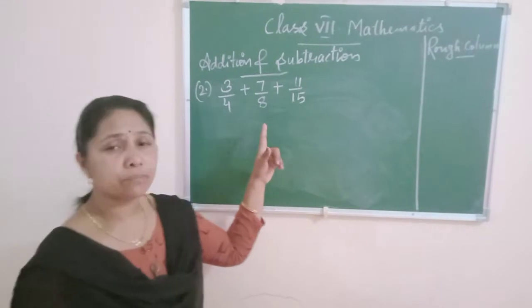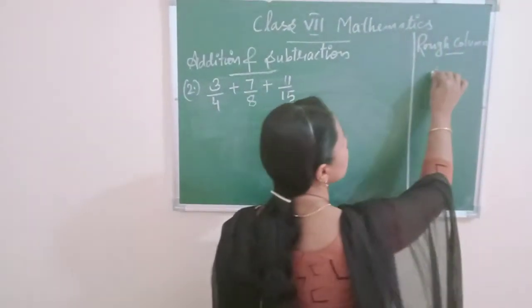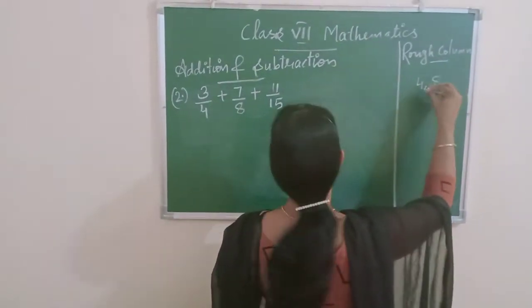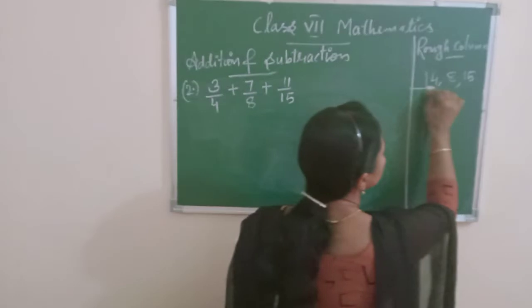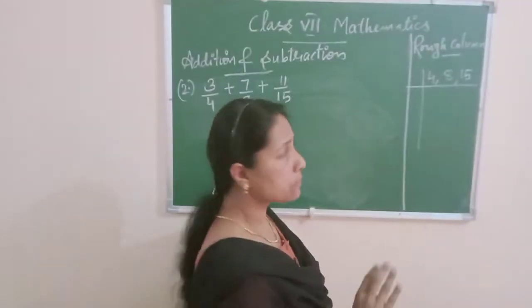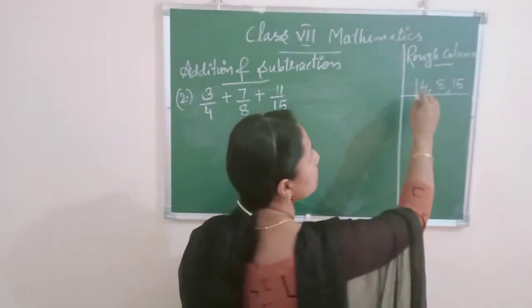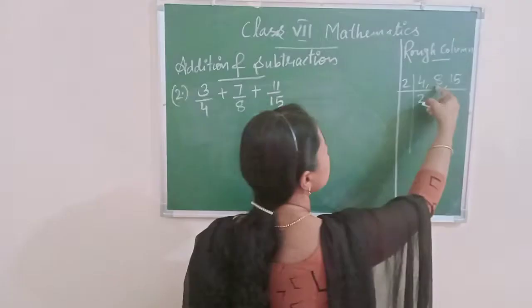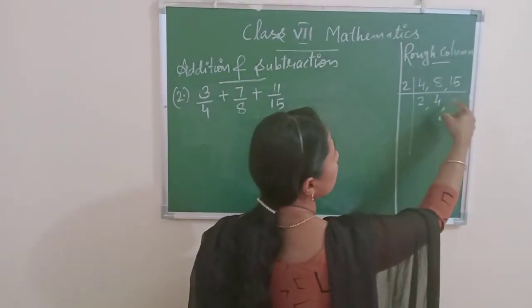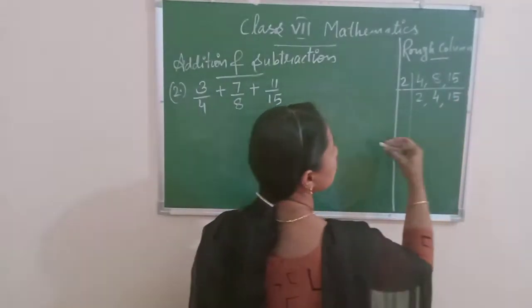Here I am showing the prime factorization method for finding the LCM. In that method, you have to take 4, 8 and 15 and take prime numbers for dividing. The smallest prime number is 2 and 4 and 8 are divisible by 2. That's why I am taking 2 here. 4 divided by 2, 2 will come and 8 divided by 2, 4 will come. 15 is not divisible by 2. That's why 15 as it is we are writing down.